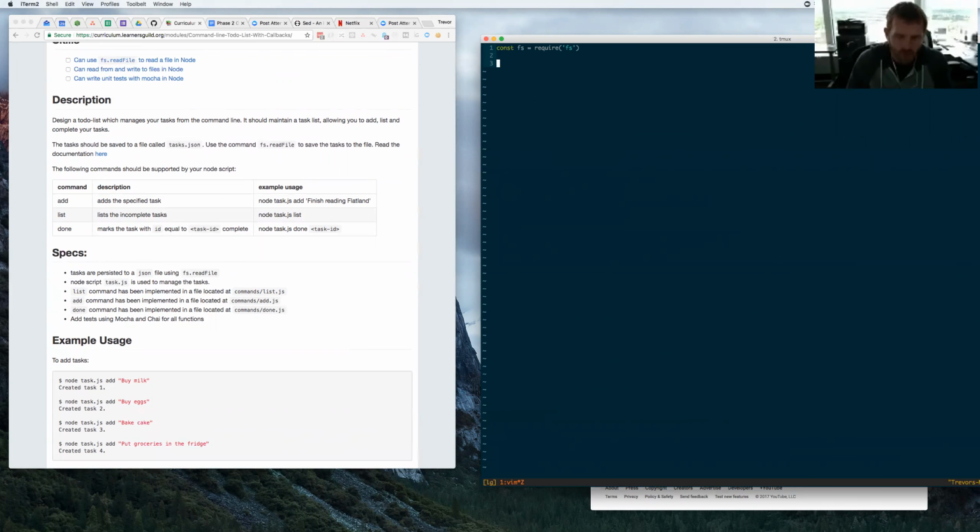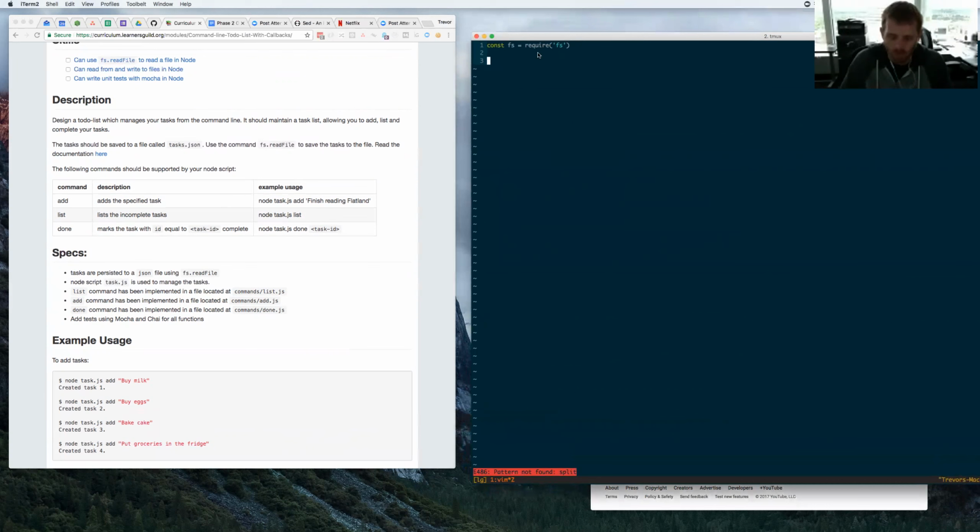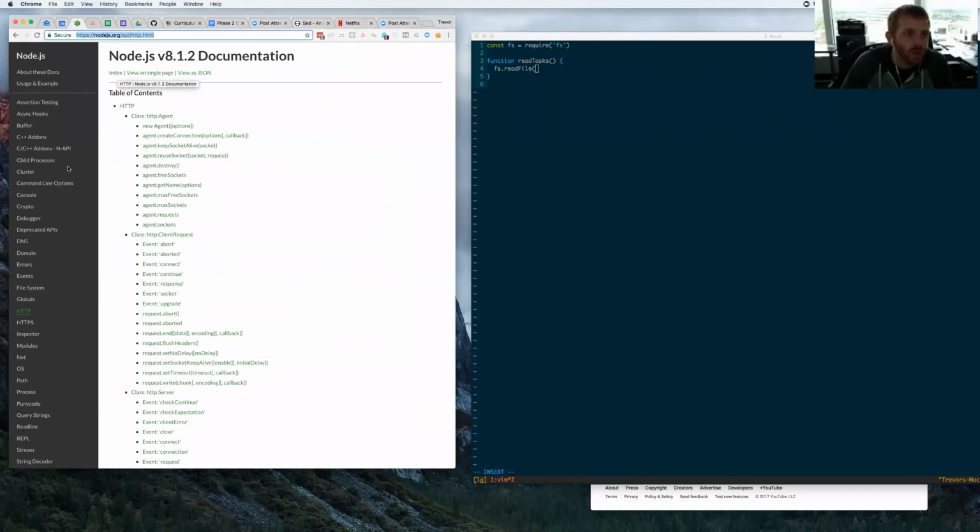So the way that works is, let me just make a function here. Sorry, my computer froze there for a minute. We're going to write a function, and we'll call this readTasks. And we'll use fs in this function to read the tasks. So fs.readFile. And if we look at the documentation for